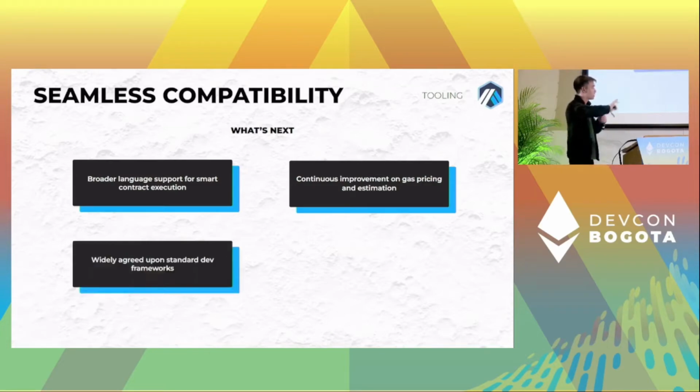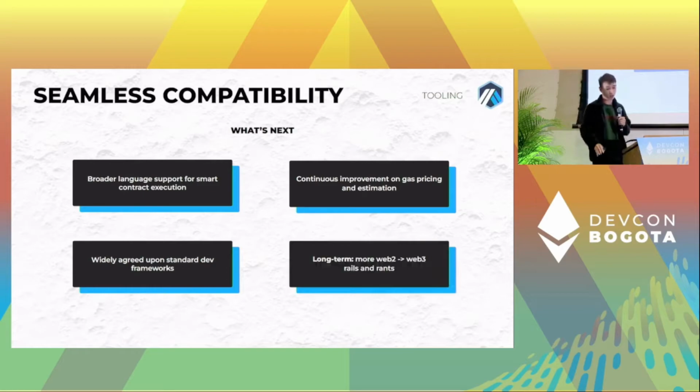Again, I mentioned before, lots of these SDKs popping up. I think as more developers come into the space, and this goes on to this next point, longer term, having better rails for Web 2 developers to come into the space with canonical paths forward for any kind of applications, and having community consensus around what the best tooling to use is something we need to all think about. It's hard to make those trade-offs.